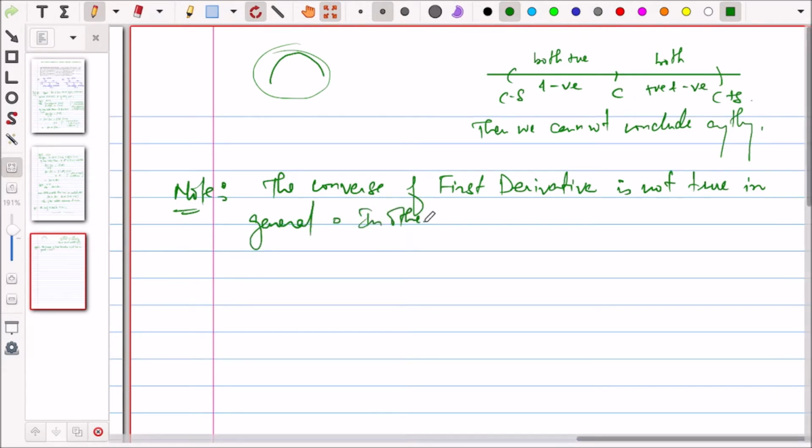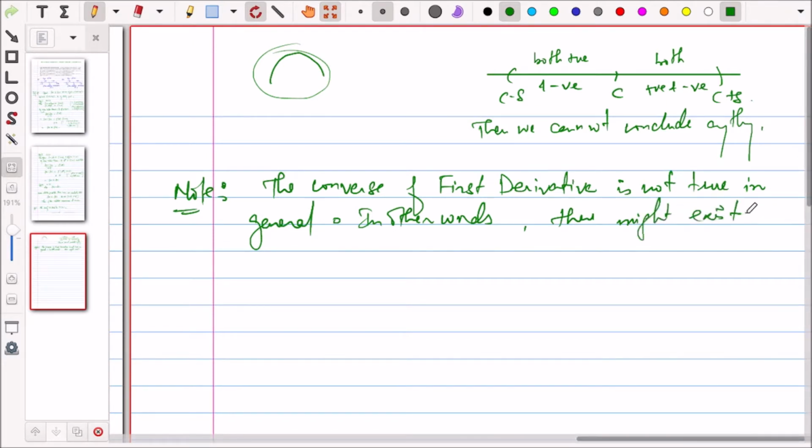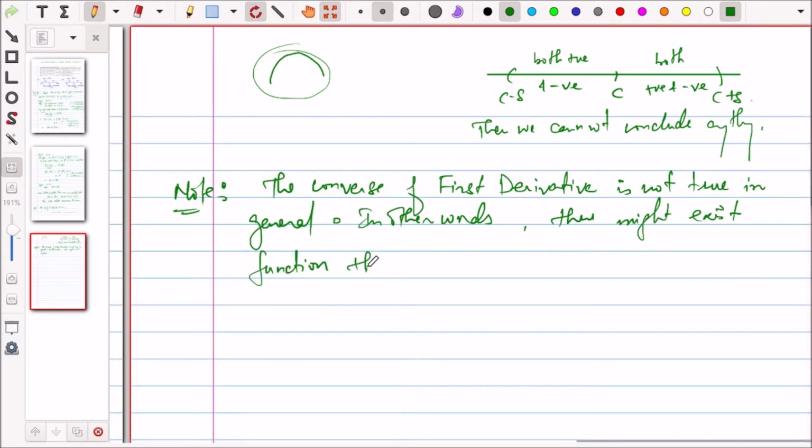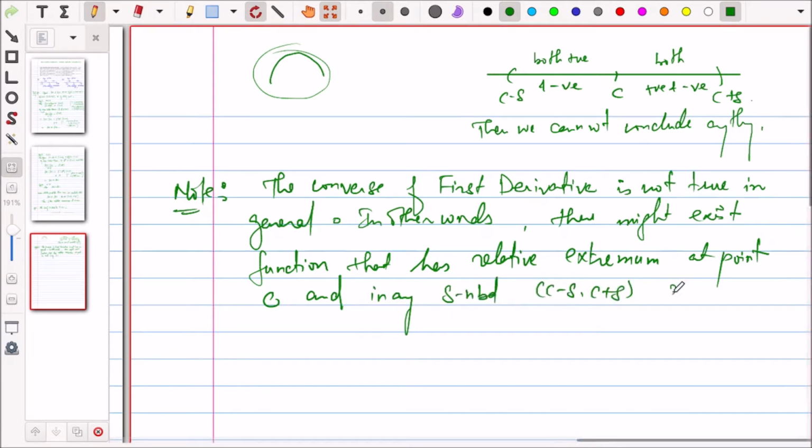In other words, there might exist a function f that has a relative extremum at point c, and in any delta neighborhood of c, c minus delta to c plus delta,